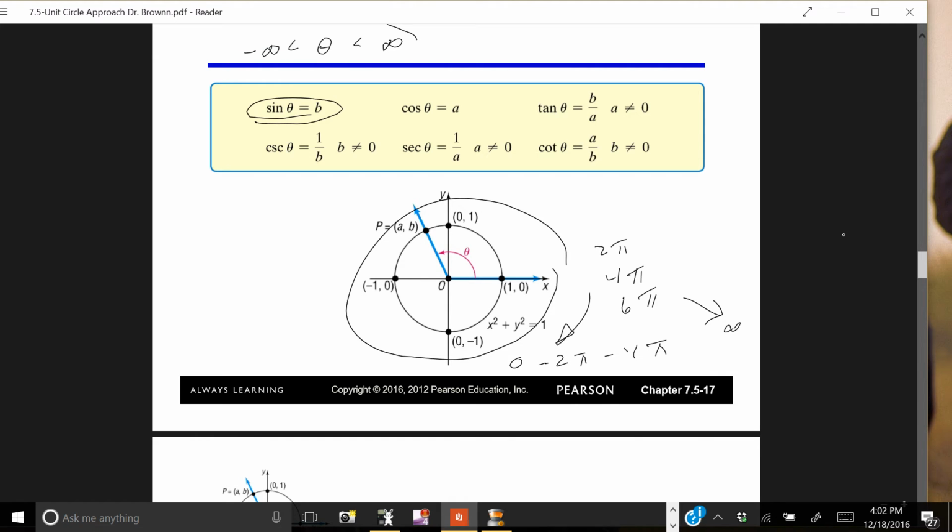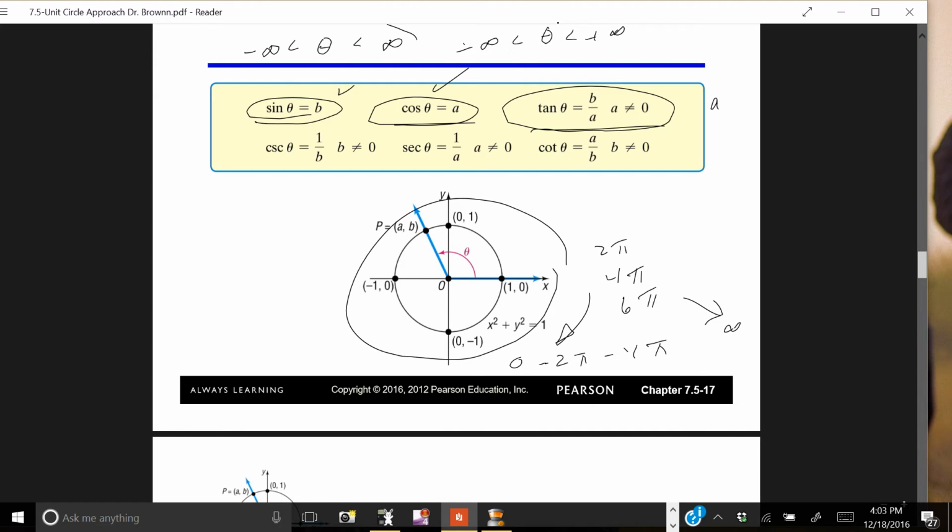Notice for cosine, the cosine is always equal to a. And so the cosine of theta can also be between plus infinity and minus infinity. Go around and around and around, and we keep generating A's and B's, and sine and cosine have no constraints on the theta value. However, for tangent, notice that the tangent is equal to B divided by A, so A